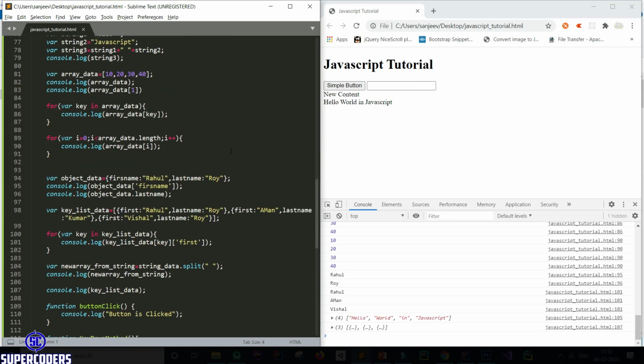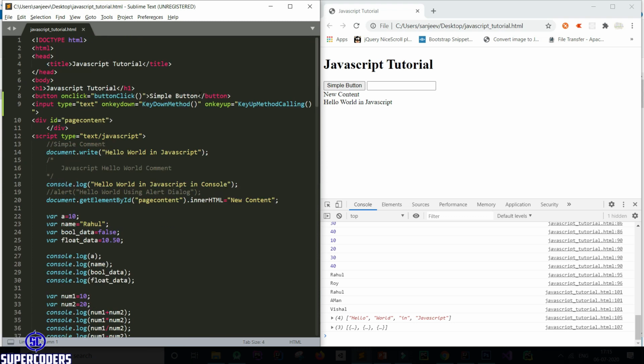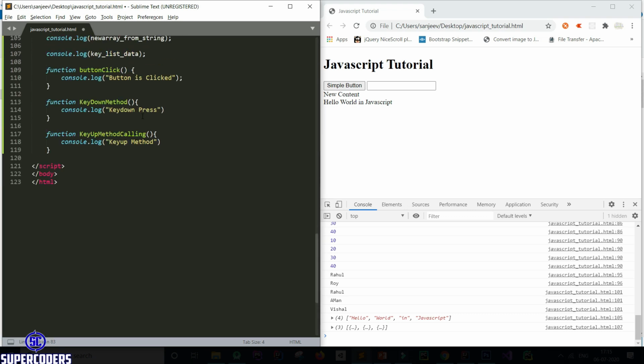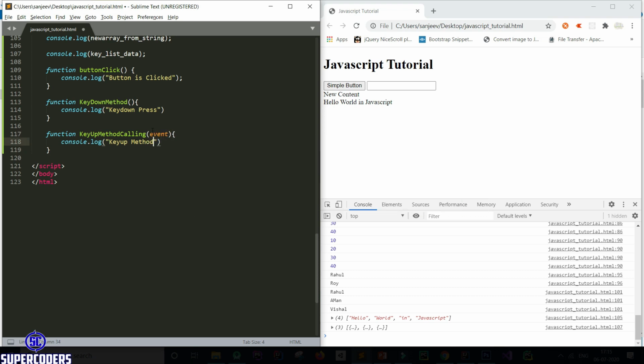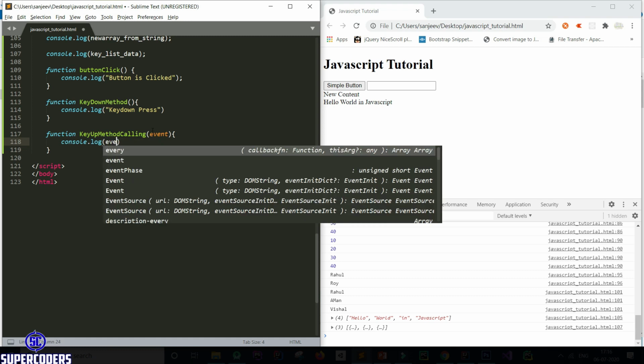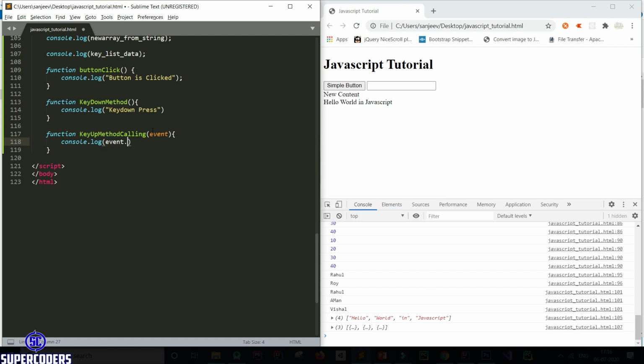Now let's see one more thing. If I press here, let's print the value in the console. So let's pass the current instance of our input. So here passing this. Okay. Now let's come here and add event. So let's print the value only, event.value.